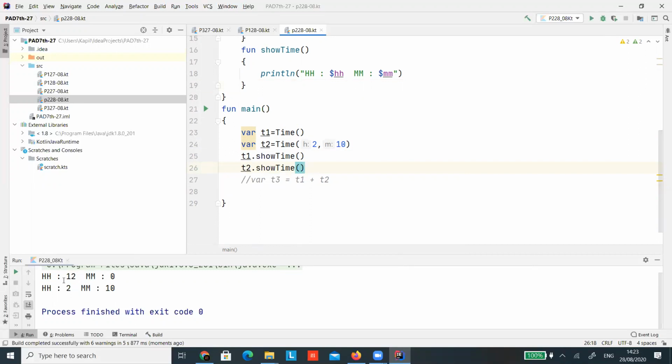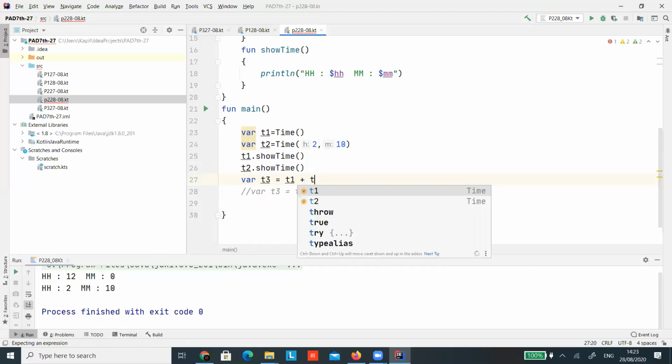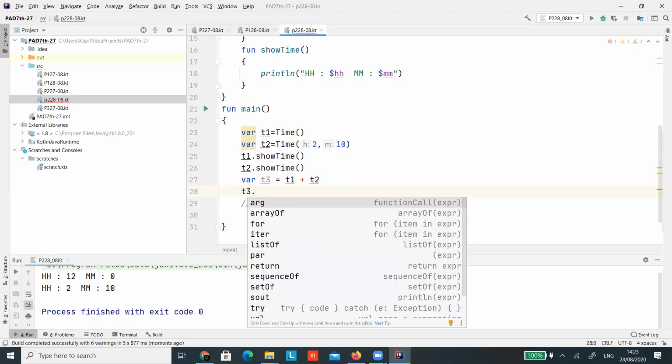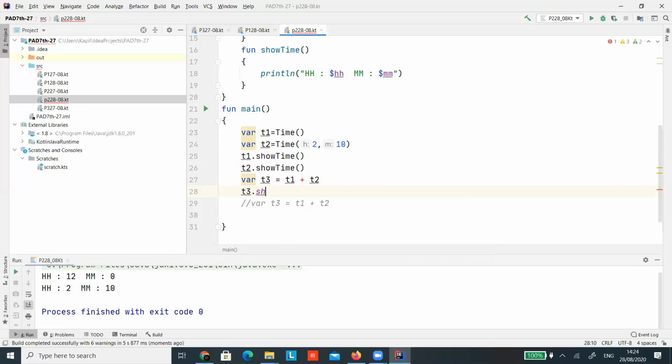So you can see HH is equal to 12 and 0, and HH is equal to 10, that is working properly. But now the question is that suppose I want to make it like this. Which concept will help you in execution of this line?